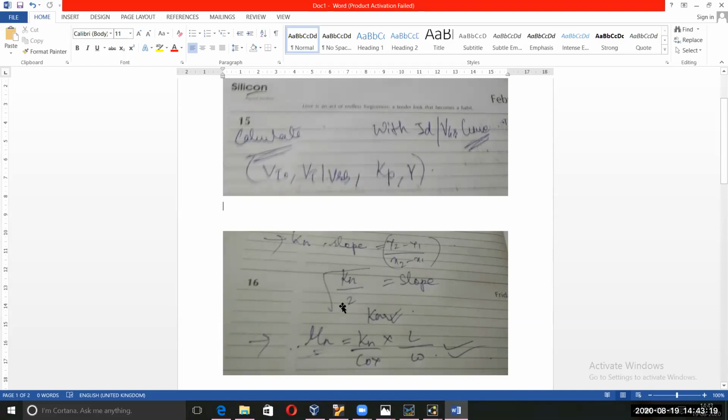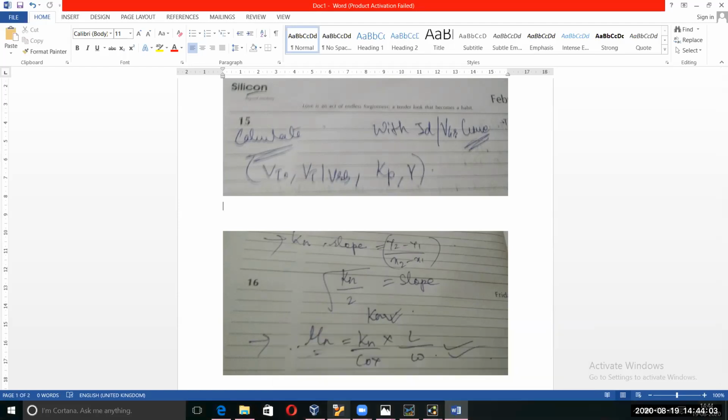Also, if we want to find the mobility of the electron in the NMOS, then we will do it by this process, because we know that Kn is equal to mu n into C of into W by L. That is the Kn for us. So for mu n, just reverse the things and you will get this formula: Kn by C of into L by W. Kn we will get from this slope, (y2 minus y1) by (x2 minus x1) will give you Kn by 2 root over. From that, square this part and you will get the Kn. I'll show you how.